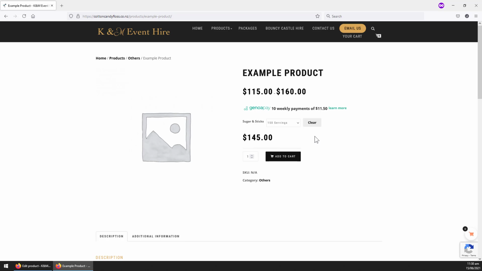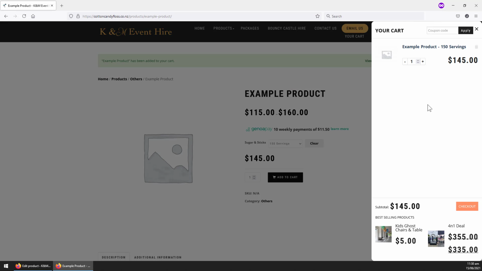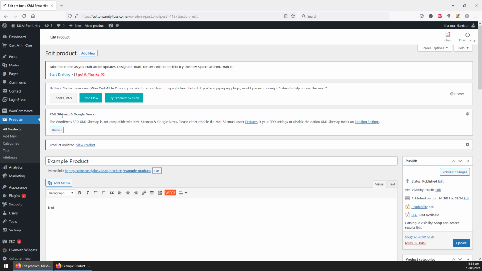So now you've got product variations set up so you can offer different options, and you can amalgamate these with all sorts of other options and pricing structures. It can get a little bit complicated, but this is the basics of how to set it up. And then they simply add that to their cart, and away you go. Now you've got this in your cart, you've got the 150 servings, that would say candy floss machine. Just quickly before we go,